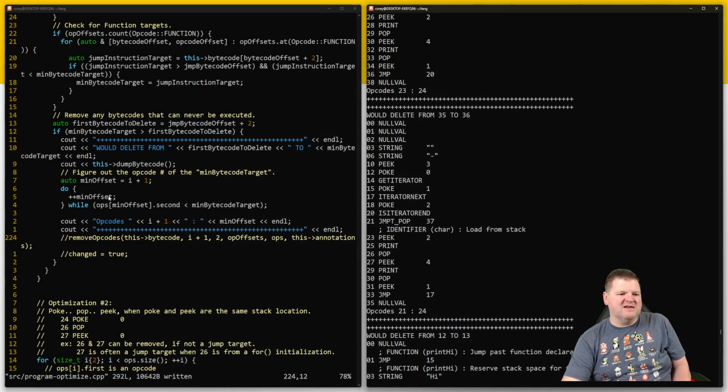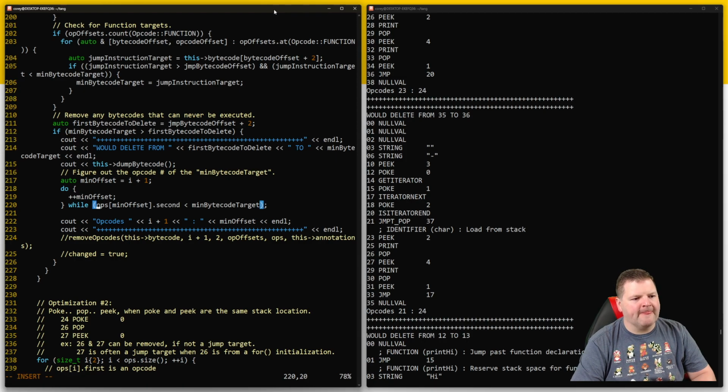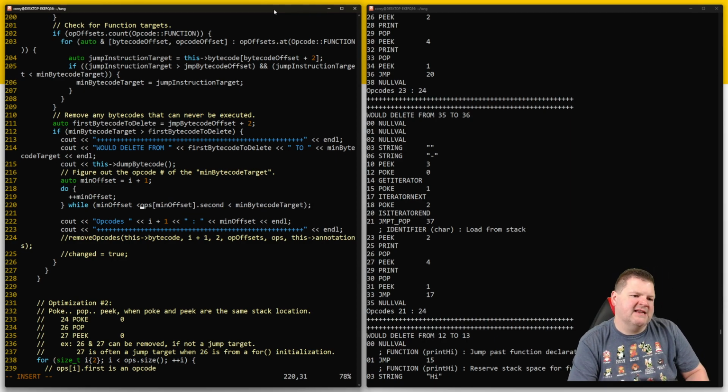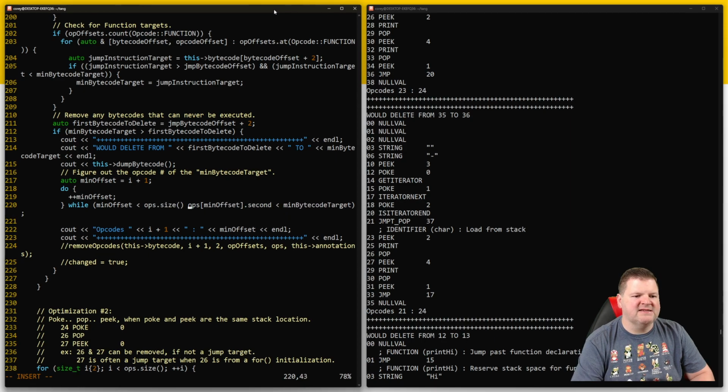Why? Because it's reading something here past memory. So, while min offset is less than ops.size and